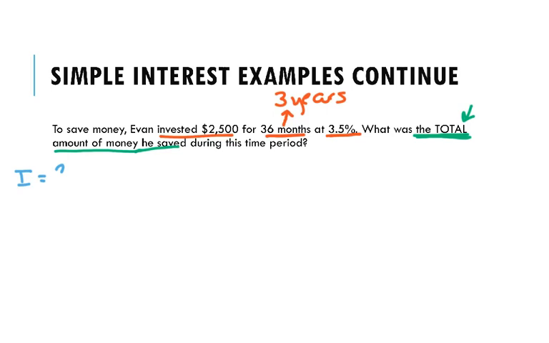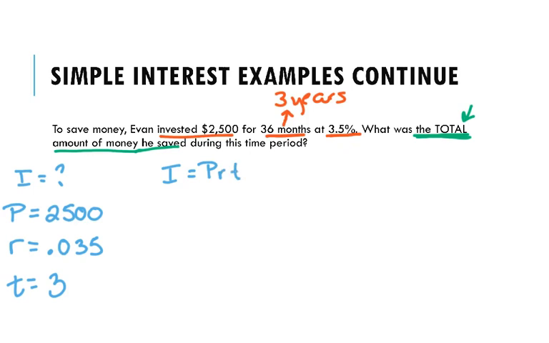All right, and then P is equal to 2,500. R is equal to 0.035. And time is equal to 3. I equals PRT for a formula. P is 2,500, R is 0.035, time is 3. Doing the multiplication now, you should get